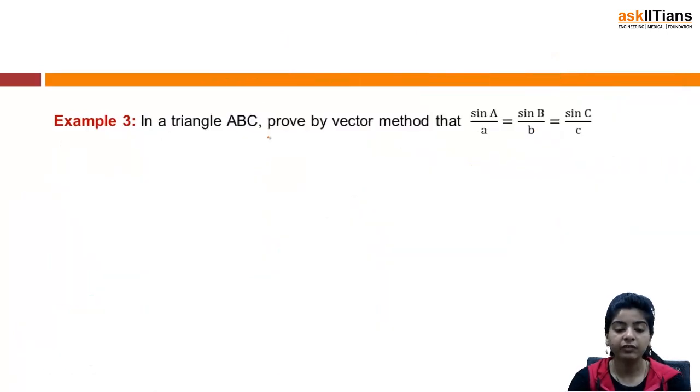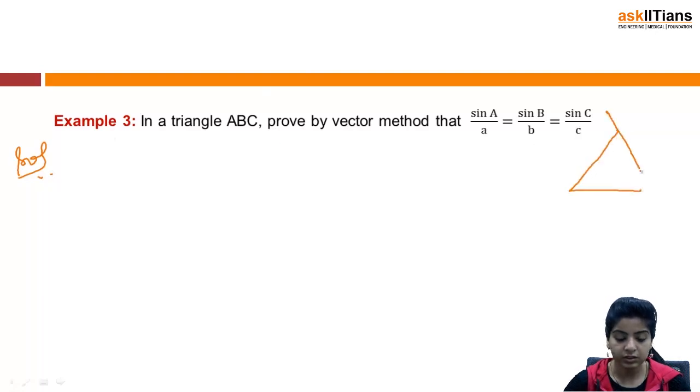The next question that we have is: in a triangle ABC, prove by vector method that sin A by a is equal to sin B by b is equal to sin C by c. So if I try to draw the diagram, it would be something like this. This is my B and this would be my C. So this is C, this is A, this is B. This is the position of vector B, this would be my position of vector A, and this would be my